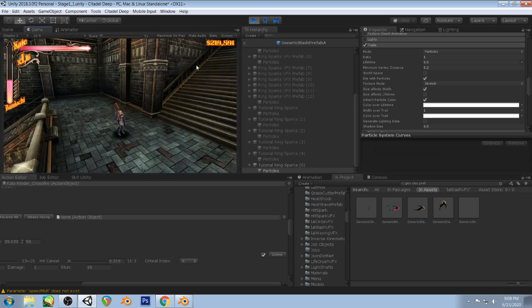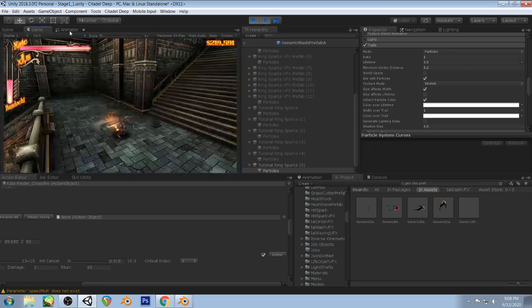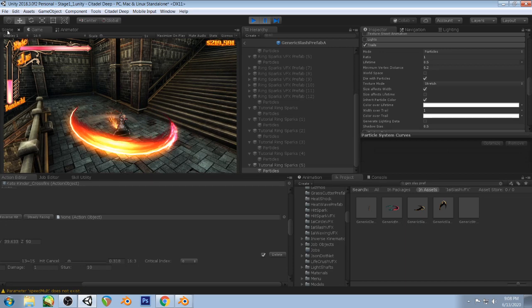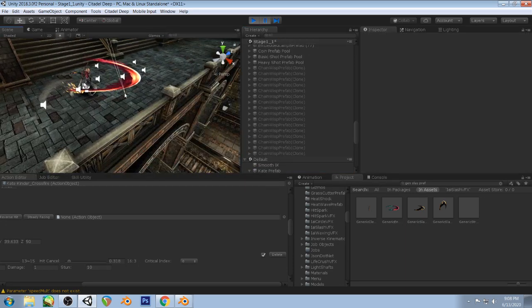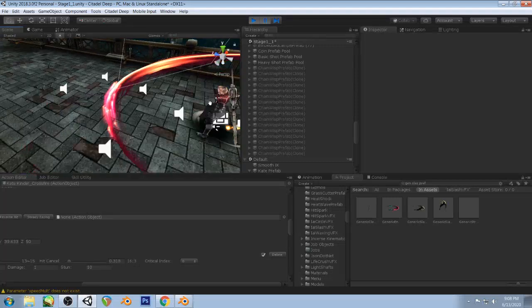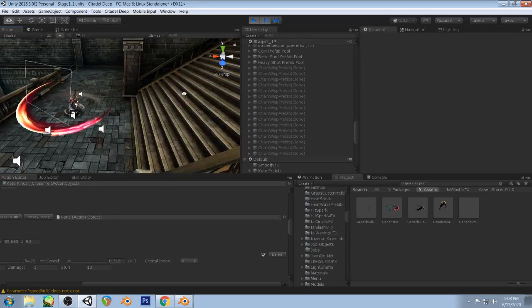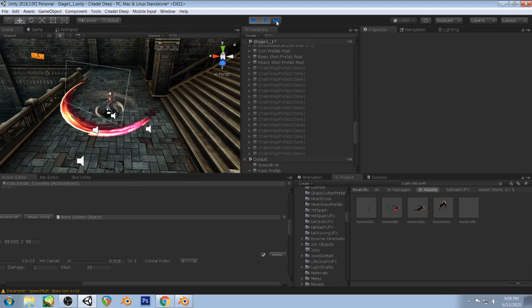So if we swing, we generate our particles. They're only this long. And it's kind of nice, but even if you do pre-warm, it won't actually, because the trails are